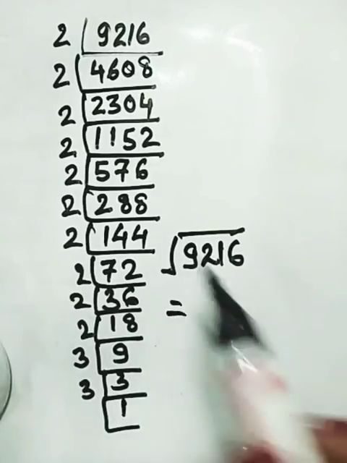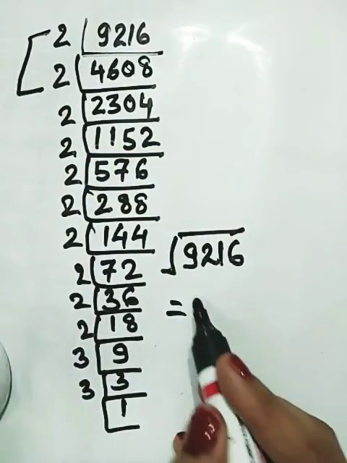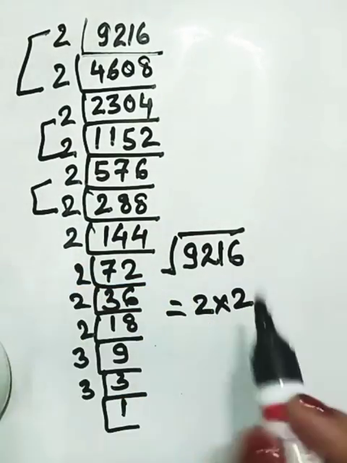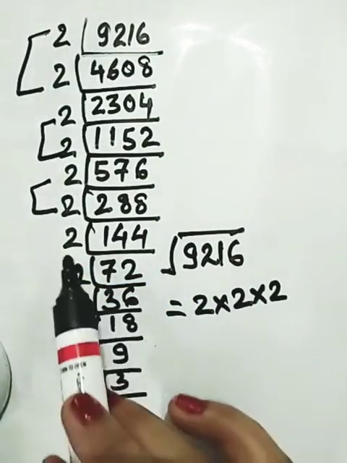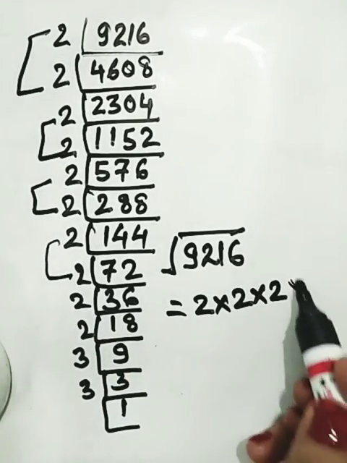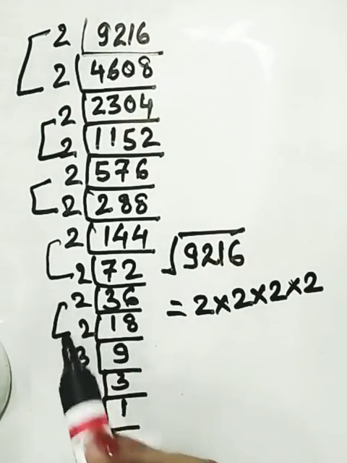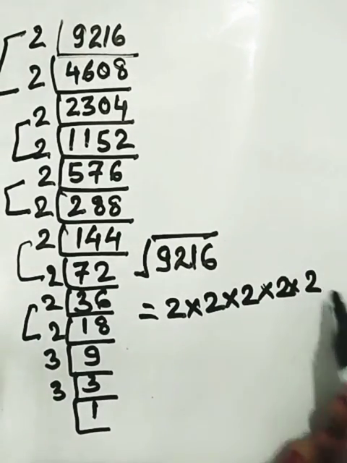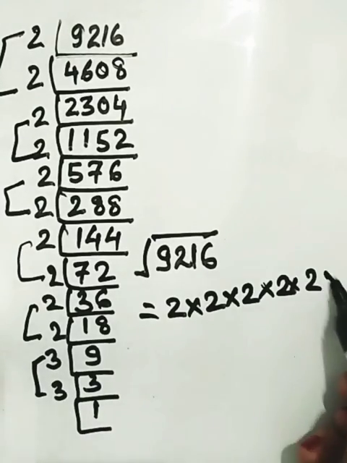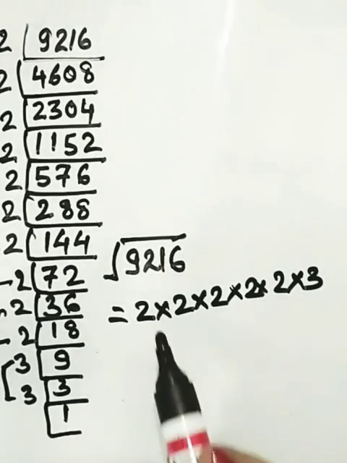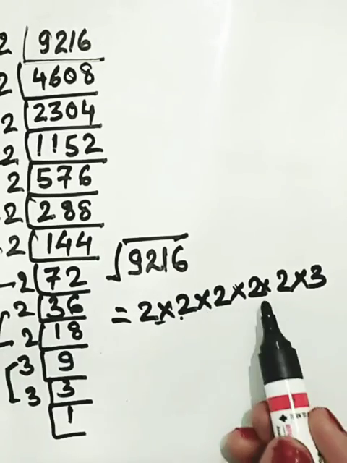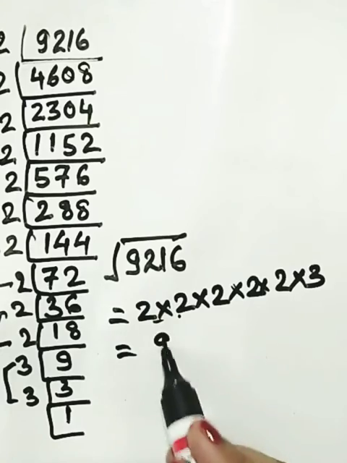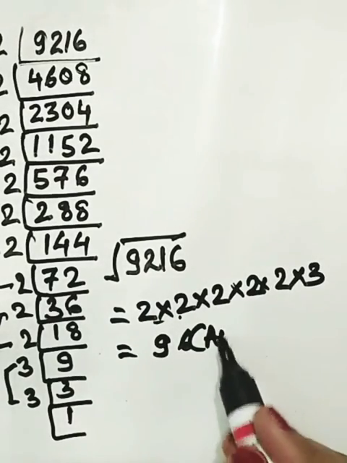9216. It is going to give you what? I'll take here only 2 together, I'll write one time. 2 together, I'll write one time. 2 together, I'll write one time. Then again these 2 together, I'll write one time. These 2 together, I'll again write it as one time, and then these 2 together one time. Okay. So 2 2s are 4, 2 4s are 8, 2 8s are 16, 16 6s are 96. This is the answer.